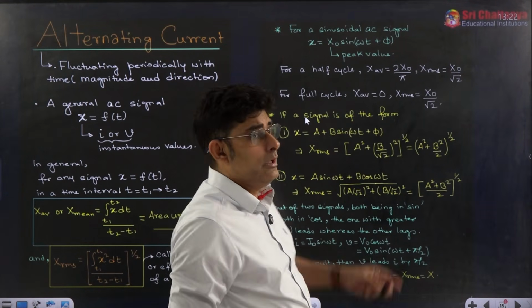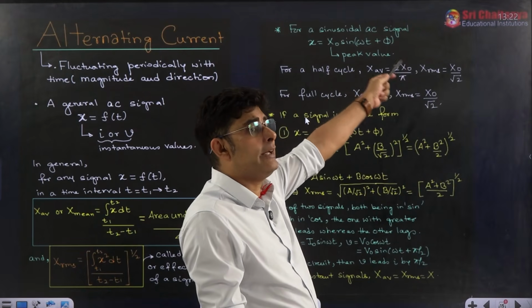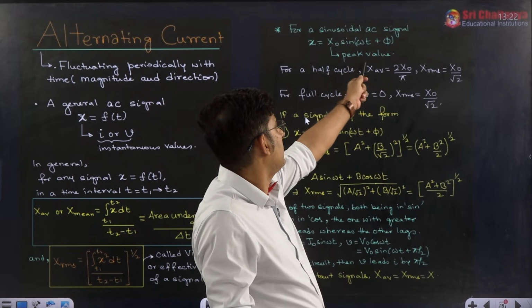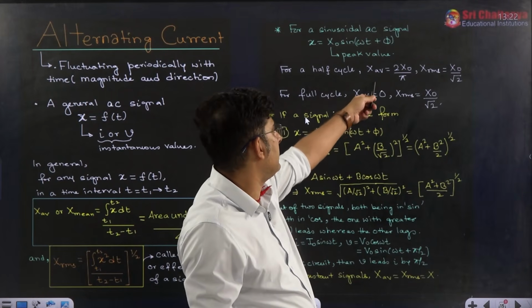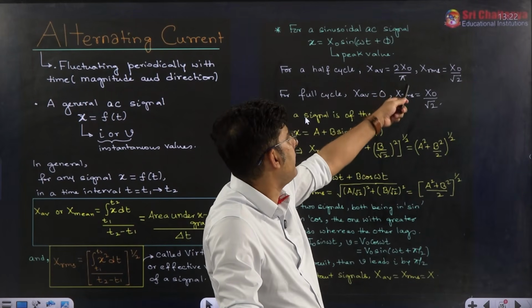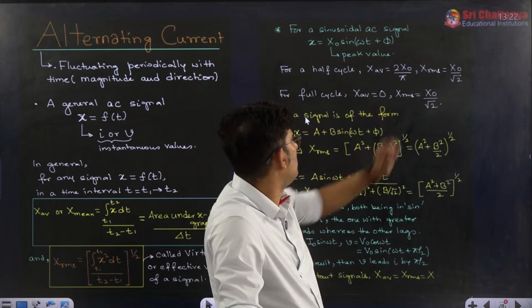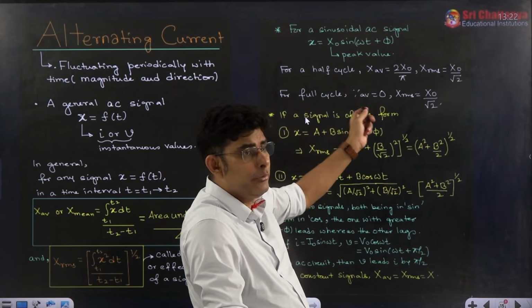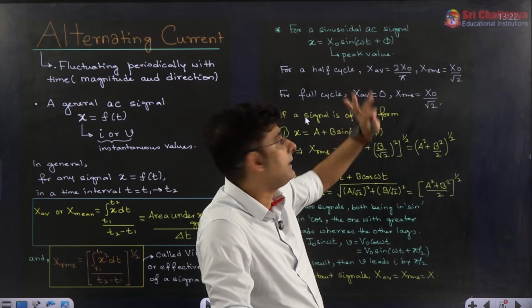Now, if it is a sinusoidal AC signal of the form x equals x naught sin(omega t plus phi), x naught is called the peak value. For half cycles, when you integrate, you will see that the average value of the signal, whether current or voltage, comes as 2 times peak value by pi, whereas the RMS value comes as peak value by root 2. For full cycle, the average value will be 0, positive and negative half cycles get cancelled,